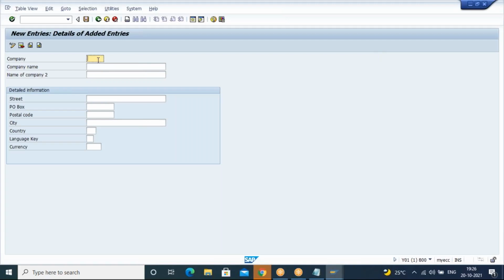Okay. So here we need to enter the company ID. So here what would be the company ID? ID in the sense we need to enter some unique ID for the company. Unique ID in the sense, see, we are all human, right? But you are having one name and then I'm having some other name.